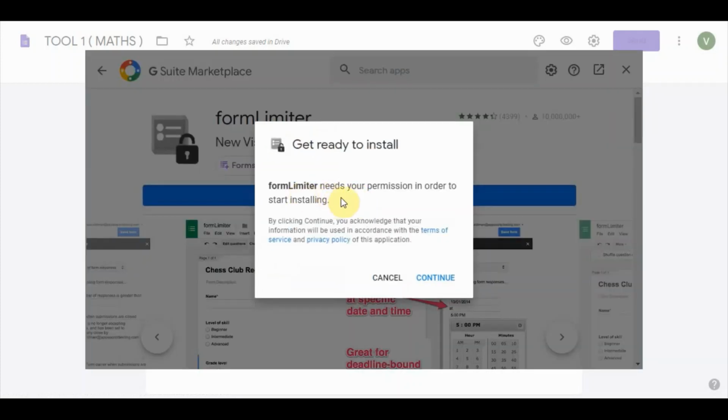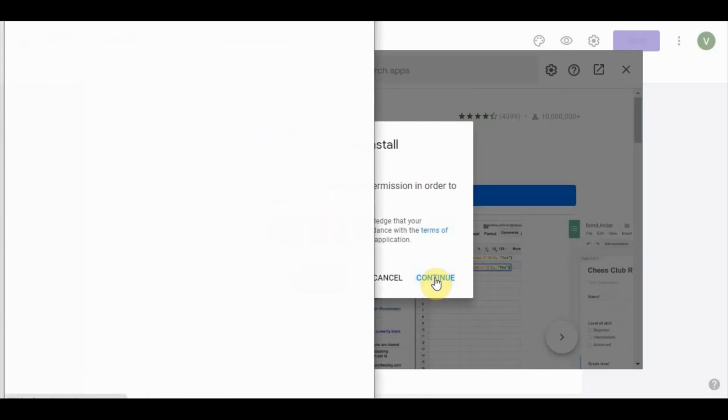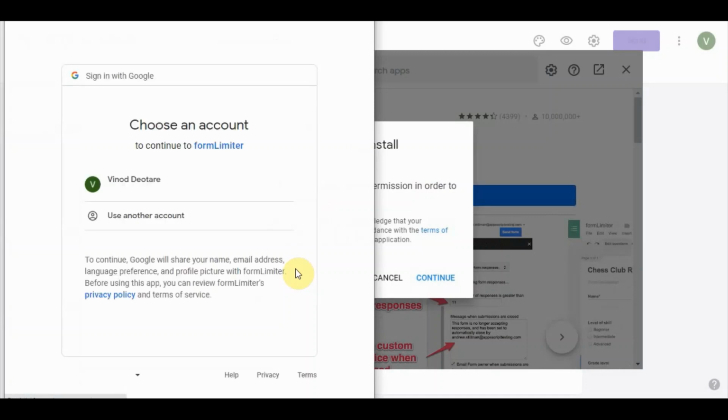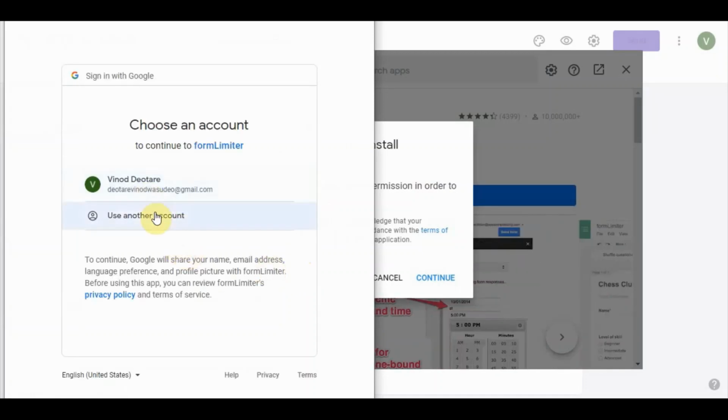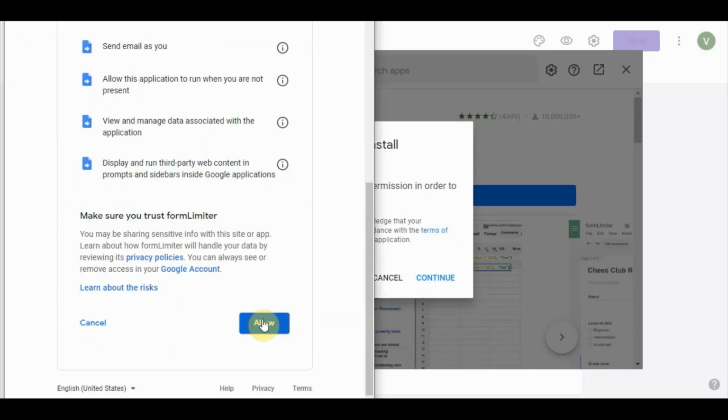Now Form Limiter needs your permission, so give the permission and say continue. Now the account will be asked, give the same account and say allow. Okay, here say allow.